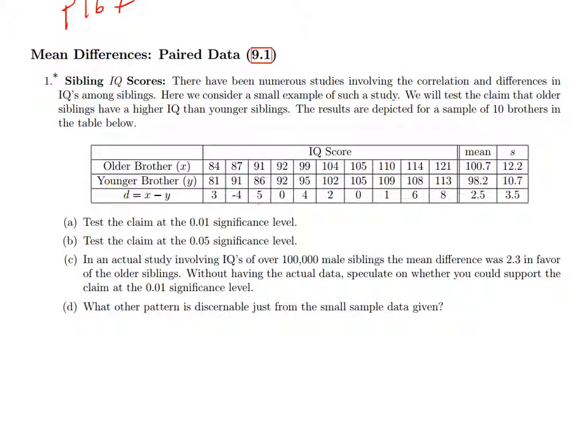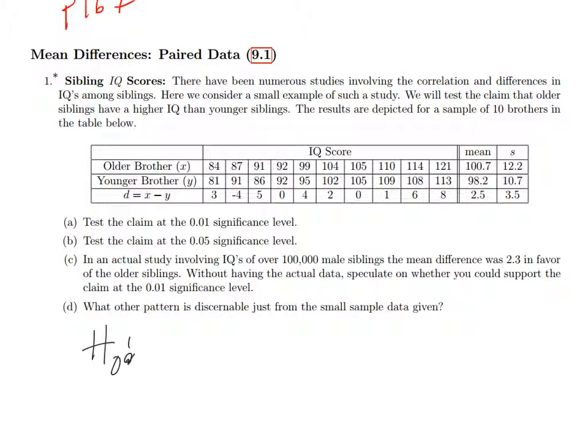So they did that subtraction. They said older minus the younger, got these differences. The mean difference is 2.5. The standard deviation is 3.5. And that's just for the differences. And that's all we care about because of the matched pair situation. So then you've got to remember when you're doing a matched pair